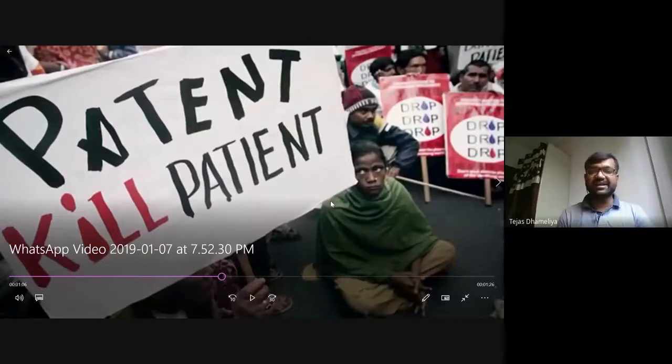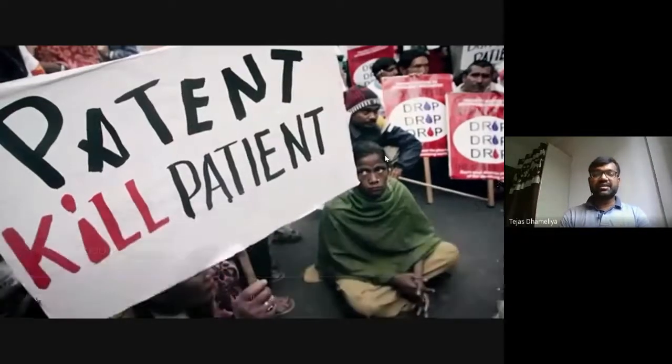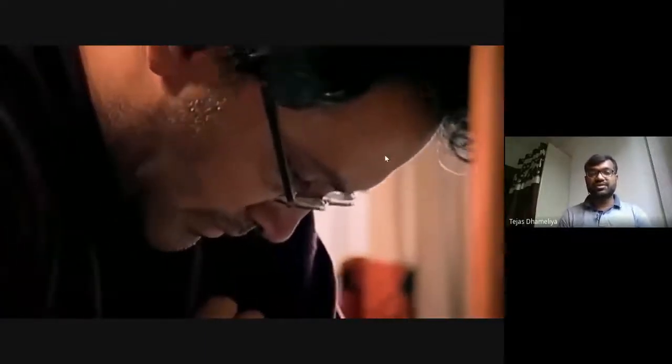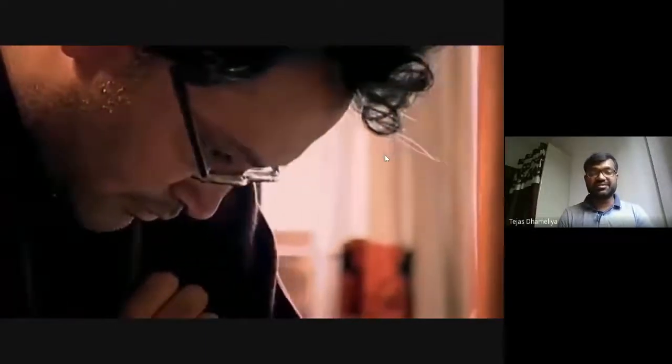That is there because if medicines are costly, how can these people occupy the medicines? This is Nelson Mandela, maybe from South Africa. So he is also making this kind of favor of the patents of the things.